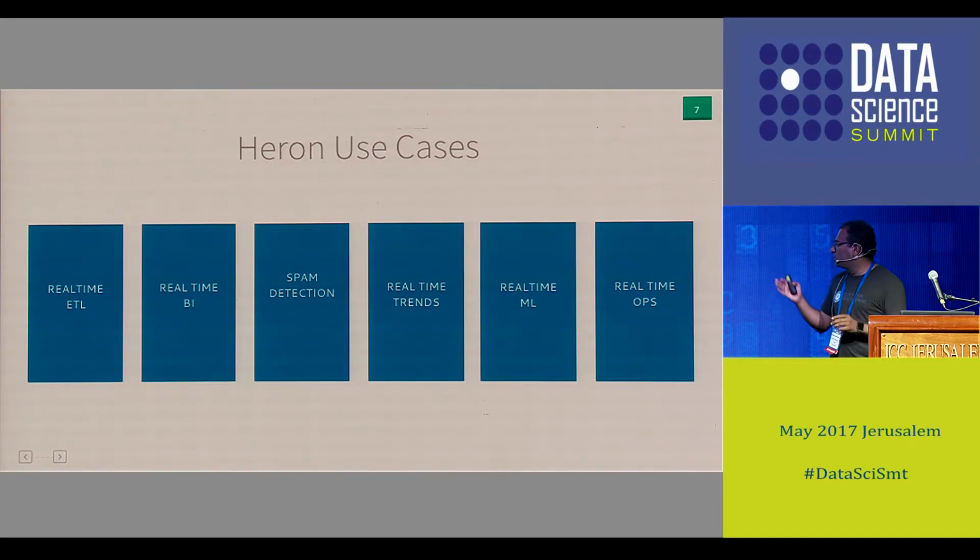Some of the jobs in real-time business intelligence move data at around 800 gigabytes per second. Those jobs run on around 800 to 900 containers, Docker containers kind of, and that is equivalent to 100 plus machines on a single job. The third one is spam detection, where we identify fake news, fake accounts and abuse. All these things are detected using Heron.